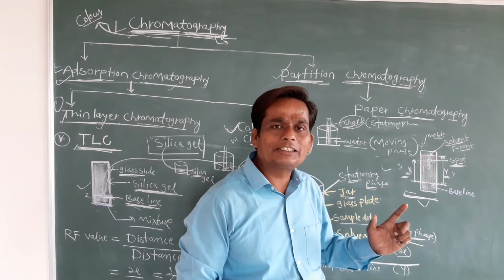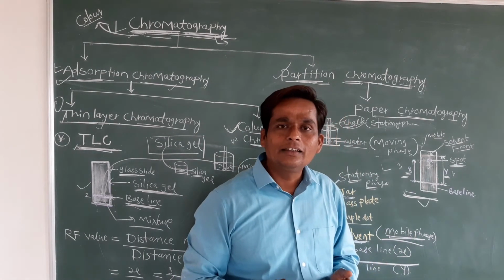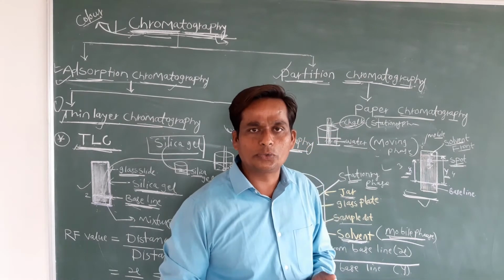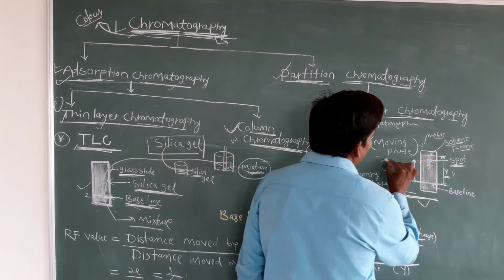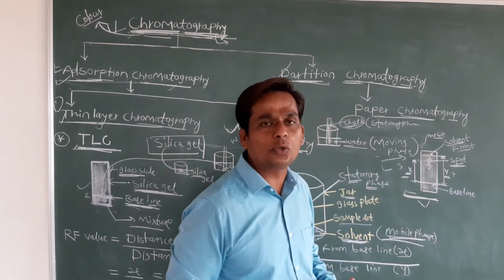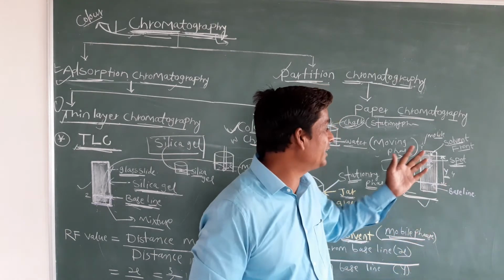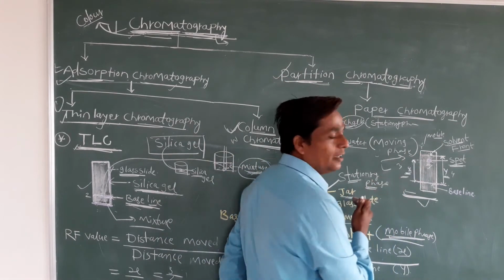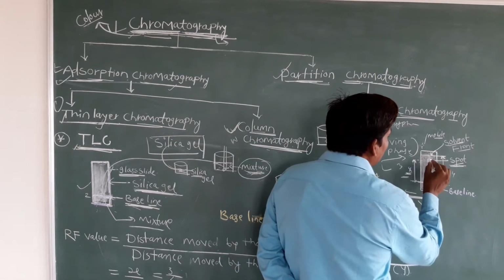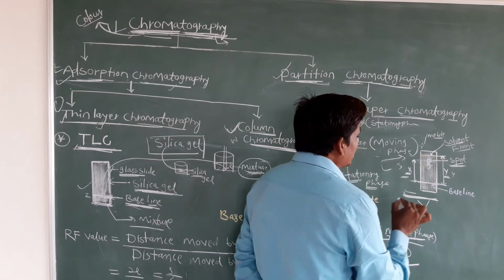But after 10 minutes, after drying, we can use some indicator like a ninhydrin or iodine solution. We can spray it on the surface of this glass slide. That is an indicator which helps to detect the colors. We can get different colored spots. Now we can spray the iodine solution or ninhydrin solution. Here we will get one distinct color spot.